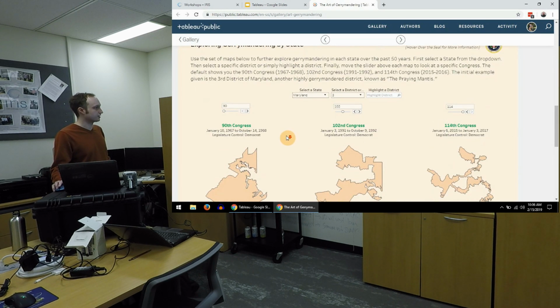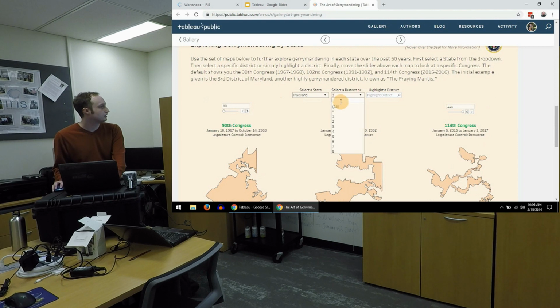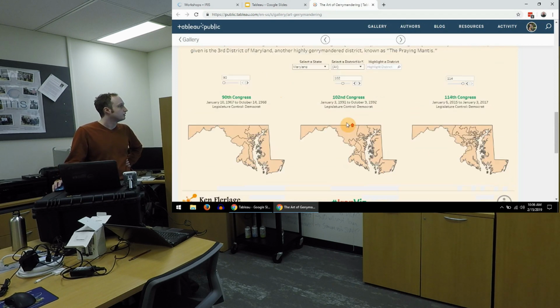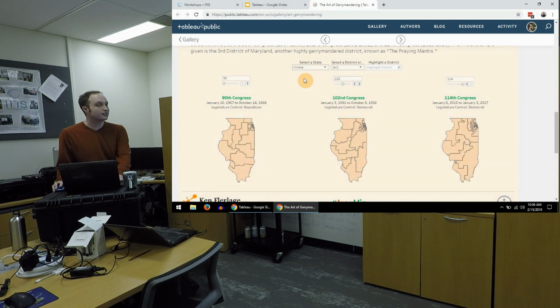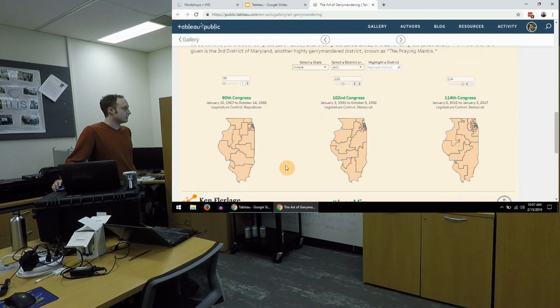And then down here, it's just kind of cool. You can select a state. So I'm just going to go to Illinois and show all of the districts. Well, that's Maryland, not Illinois. Come on. One downside about Tableau too is sometimes with these big complex visualizations, it can get a bit slow. So yeah, you can see this is the 90th Congress, which was from the 60s,